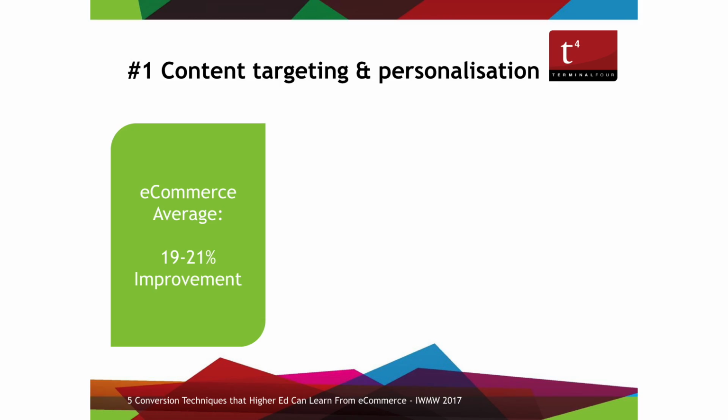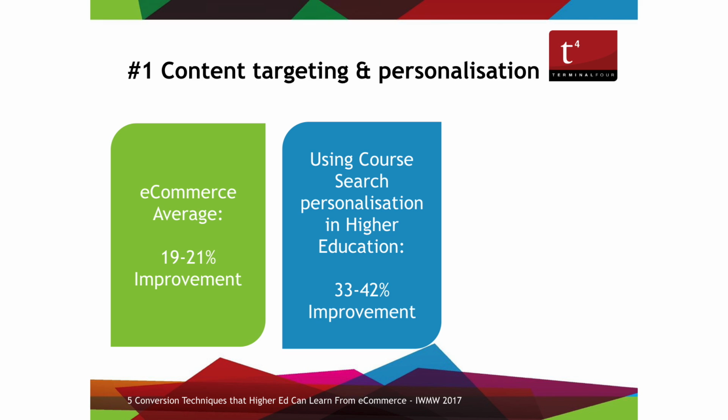I would say the first thing to try is to link it into course search, because that's where they're telling you exactly what they're interested in. They're telling you whether it's undergraduate or postgraduate, and what course topic area they're interested in. Just use that in a subtle way to increase conversion. The e-commerce average of using personalization on a website is about a 19 to 20% improvement in conversion. We're seeing it much higher in higher ed,